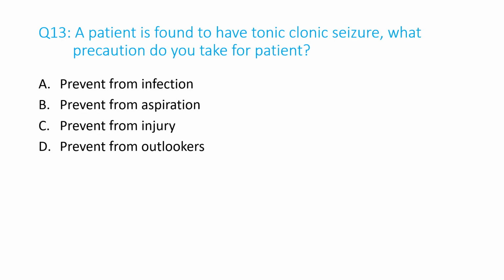Question number 13. A patient is found to have tonic-clonic seizure. What precaution do you take for the patient? A. Prevent from infection. B. Prevent from aspiration. C. Prevent from injury. D. Prevent from onlookers. And the answer is